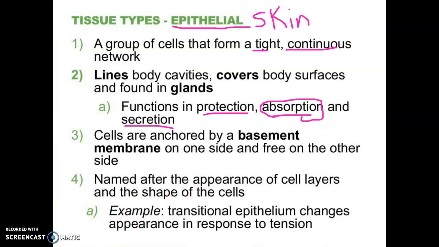So some things can pass through that skin layer, that epithelial layer, and some things cannot. So if I want to quit smoking, one of the devices that actually can be helpful is a patch that delivers certain drugs that can help me kick that habit. So nicotine patches and that kind of thing. Secretion,